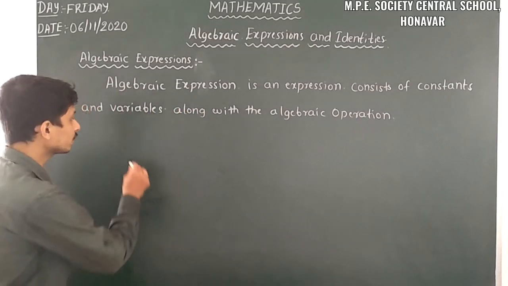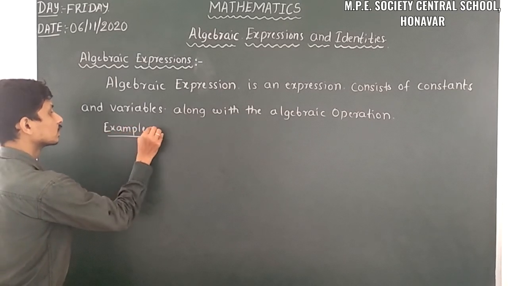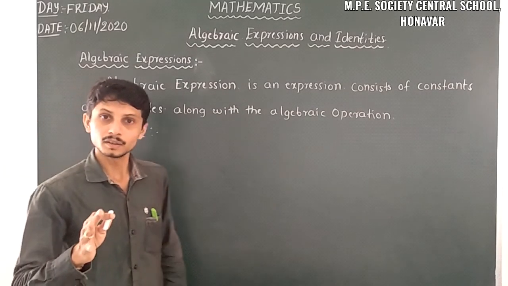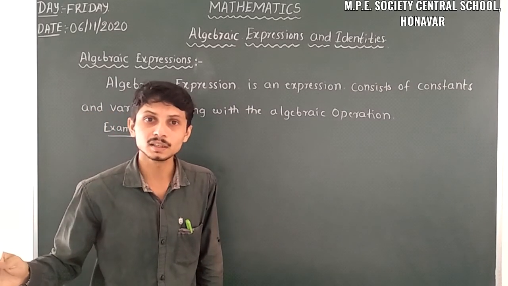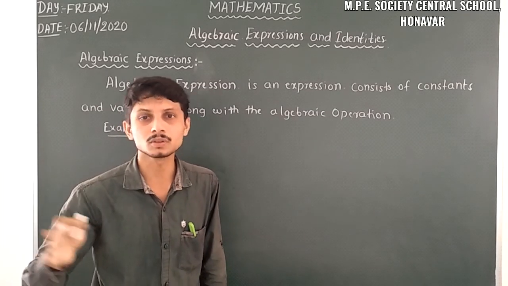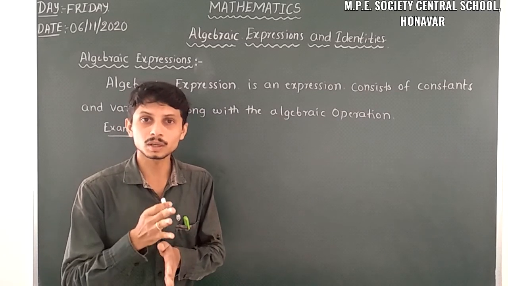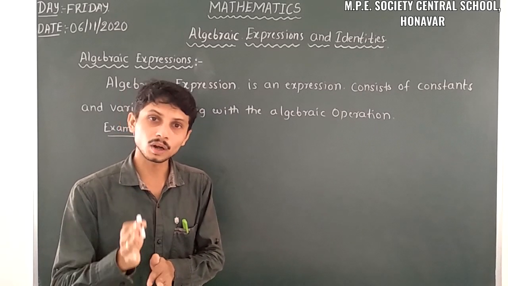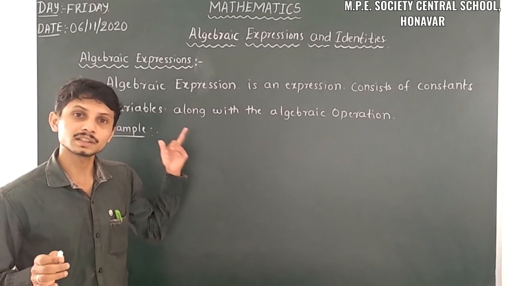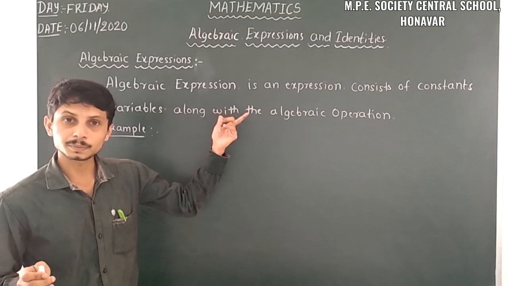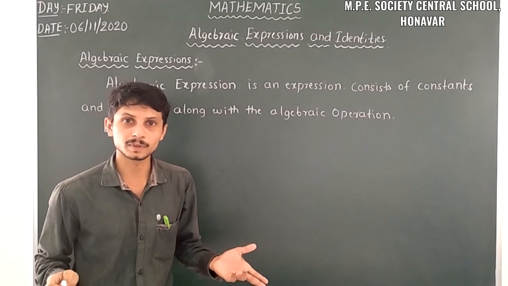So let us take one example here. We can take any variable. There are 26 alphabets, so you can take 26 alphabets also, or you can take only one alphabet. It is possible. But here the matter is that you have to take one variable and one constant. It combines, and we can take it as an algebraic expression. Sometimes we can take two variables, two different alphabets.